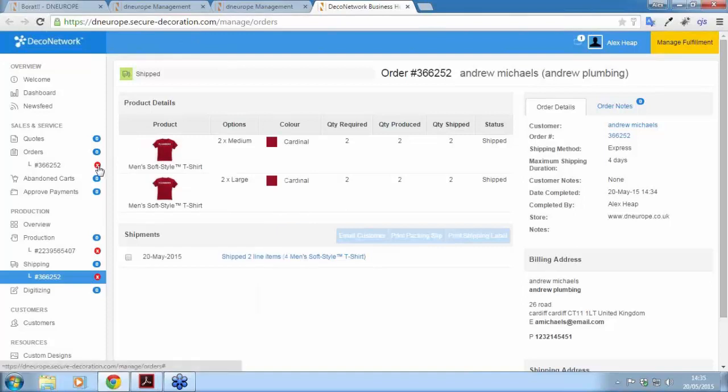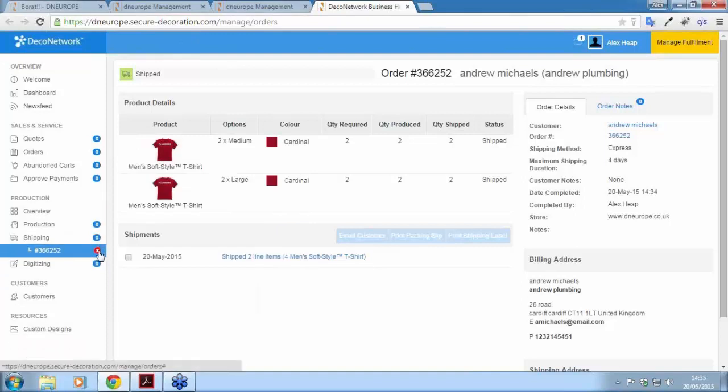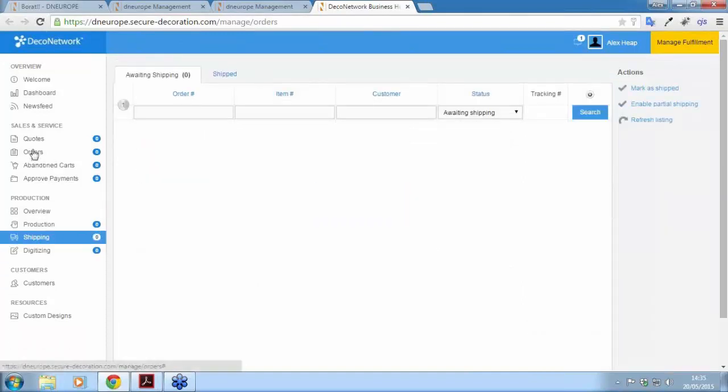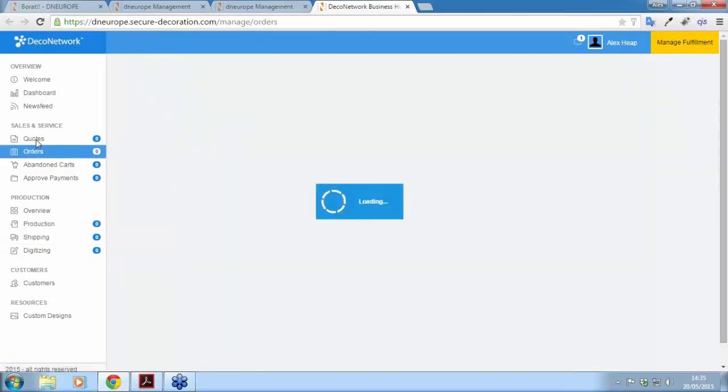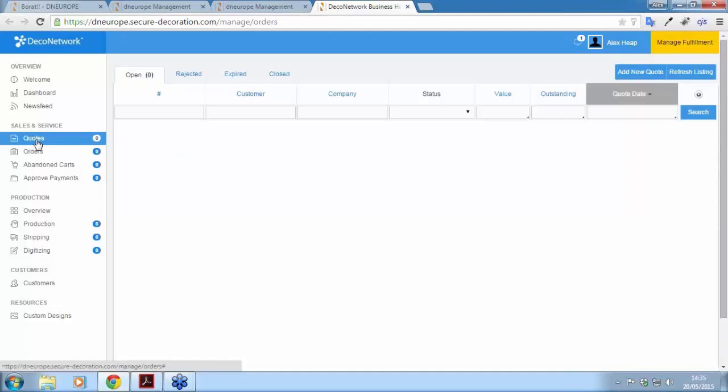So what I'm going to do now is show you how to create a repeat order. What's happened is Andrew has called me up and said that he wants to order the same products as last time. So rather than ask him questions, what did you have, what sizes, what colors, what artwork did you have, I can do this within the system. So he's asked for a quote. If I click here, add new quote,